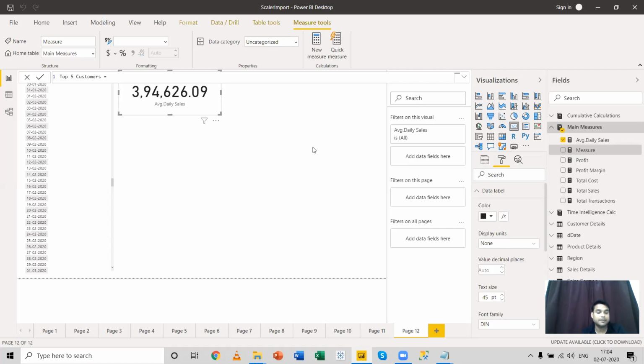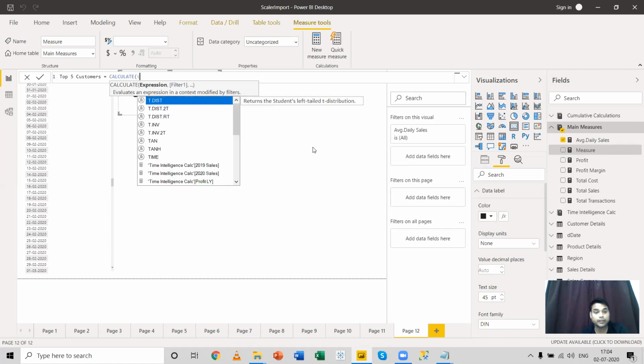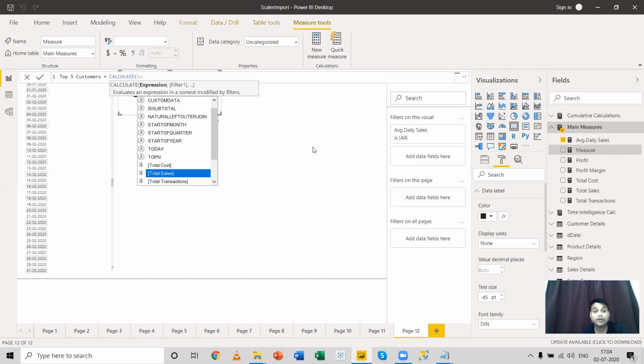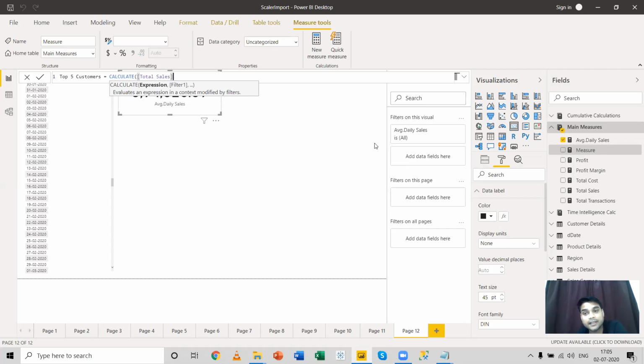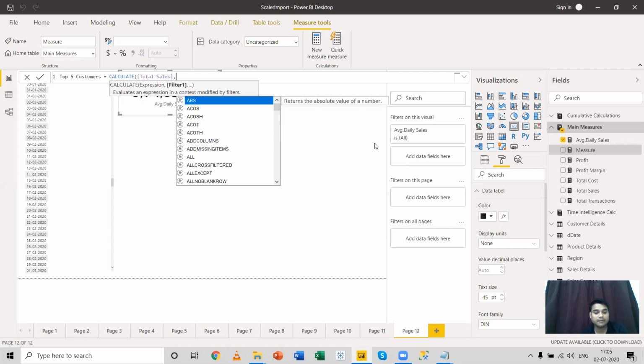Now let us start calculating this particular measure. So we'll use a calculate function over here on the total sales. Now you can see why I am keeping the total sales, total cost, the profit in the main measures, because I'm using this total sales everywhere while calculating the time intelligence concept or the cumulative or the top 5 customers or the average sales. So that's why it's important. The main reason behind this discussion is that we should always group measures, because you should know which are the main measures in your data set. So I'll use total revenue, comma, and I'll use a filter